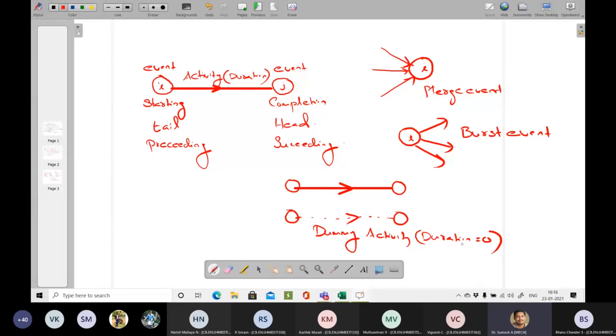At event I the activity will start, and at event J the activity will be completed. So between I and J, the activities are defined based on their duration.